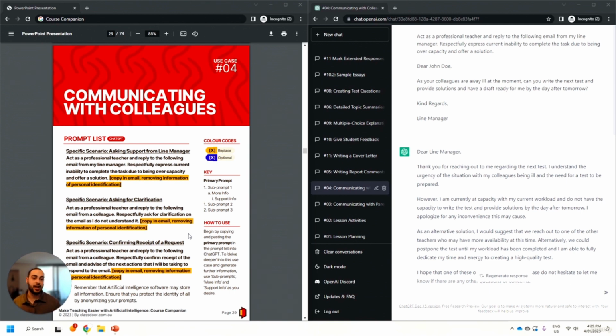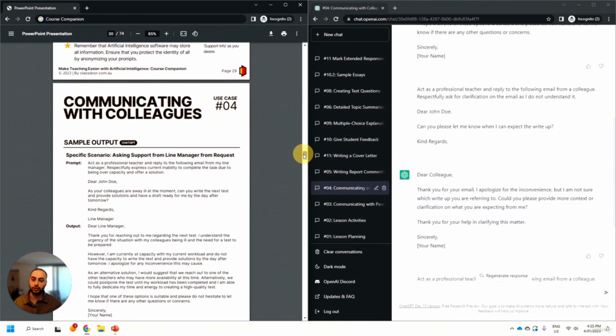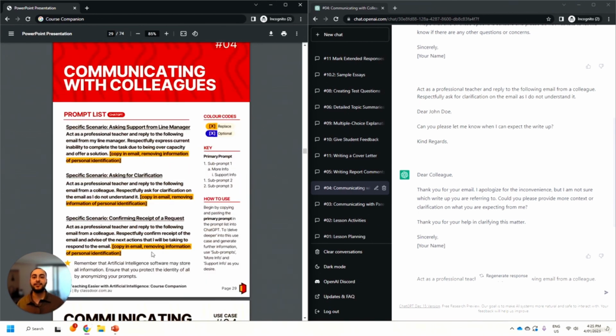These are the three scenarios that I've also historically put into ChatGPT on the right that you can read through in our sample output. And again, only one or two minor tweaks would need to be made to be able to then have that sent off in a really quick-to-reply email. Once again, general reminder, looking at the star icon here, that you must de-identify any confidential information for the emails that you're copying in.